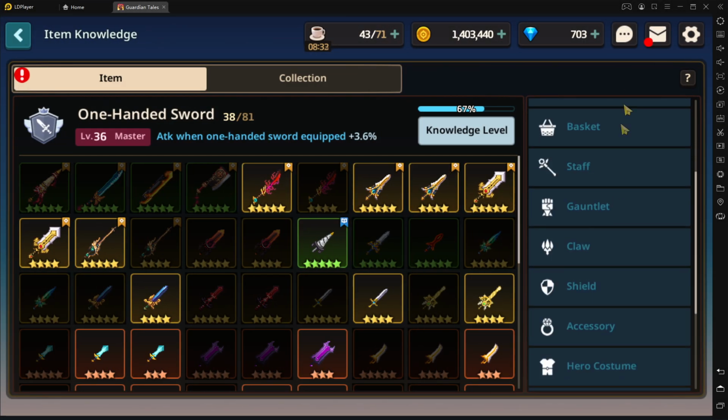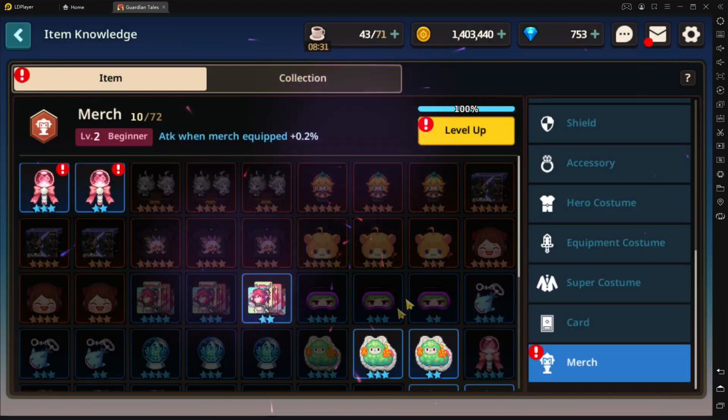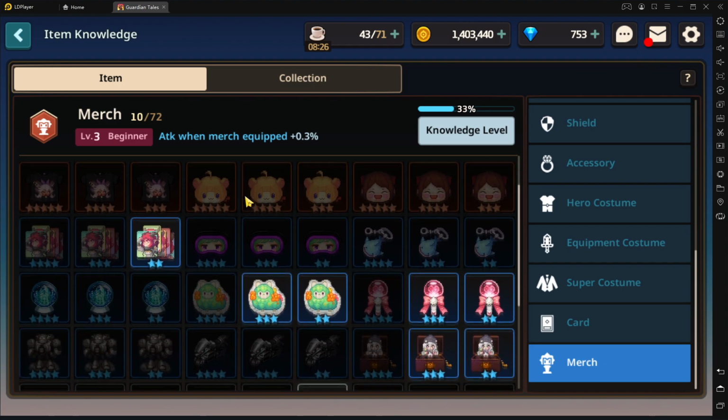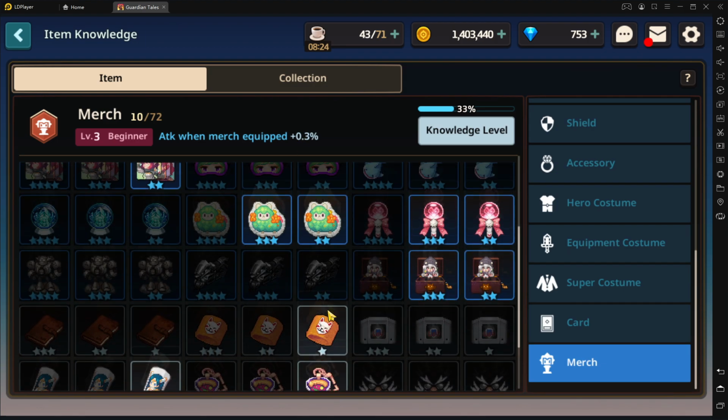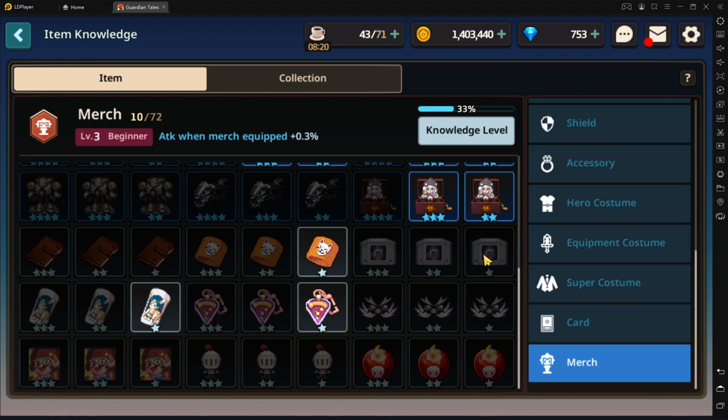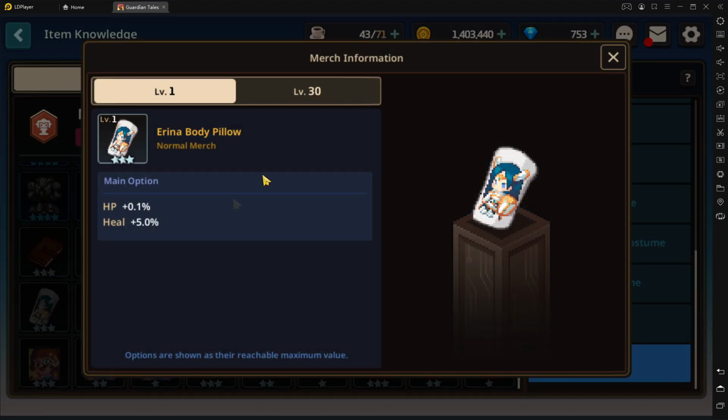Mercs. So let's see here, and there we go. Here's the total of them all. These gray ones here, I believe they are mostly going to be used as fodder. You may want to level them up to 3-star just to get a collection. I'll definitely do that. But other than that, they are pretty much useless,